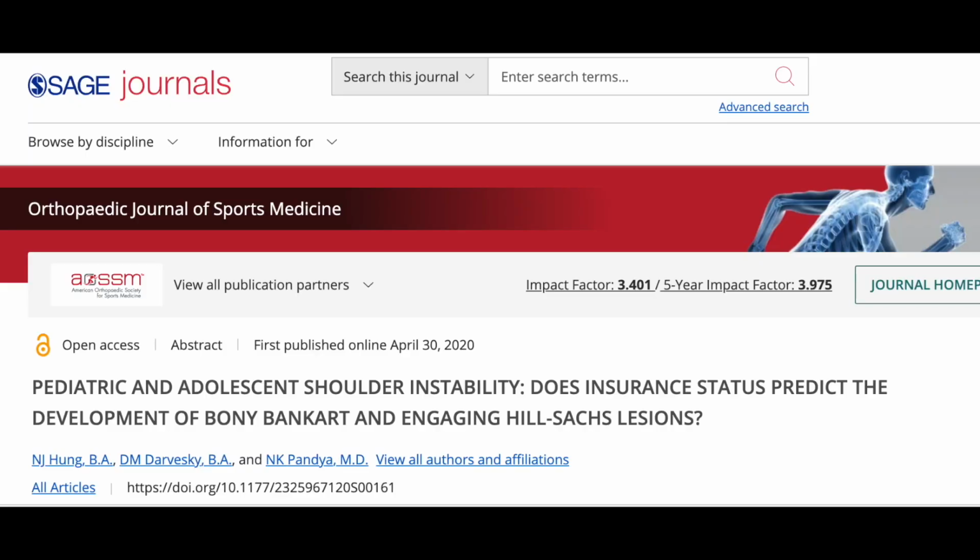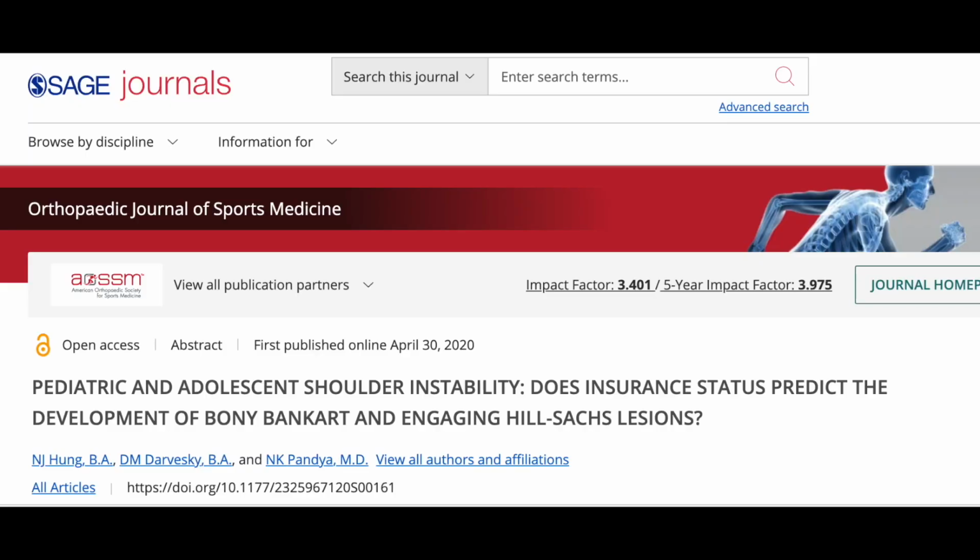So I think there's something we can do at the beginning to help people potentially rehab, potentially get arthroscopic procedures, and not get to the point where they need a large open procedure because they've dislocated multiple times. Yeah, you just brought up a whole slew of injuries, and you have a nice research paper that shows that people from a disadvantaged background